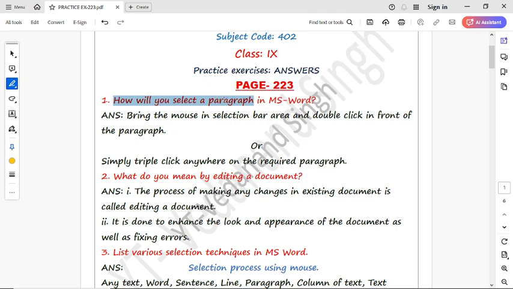How will you select a paragraph in MS Word? This is a very important question. The answer is: bring the mouse to the selection area and double click in front of the paragraph. Or simply triple click anywhere in the required paragraph. If you click three times on any required text, suppose I am taking this one, it gets selected. Now the next question is,